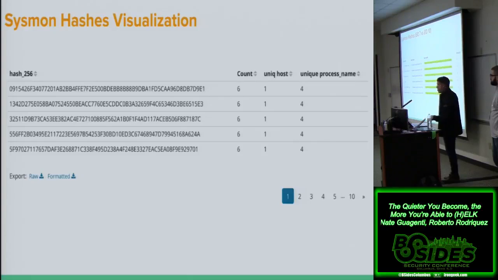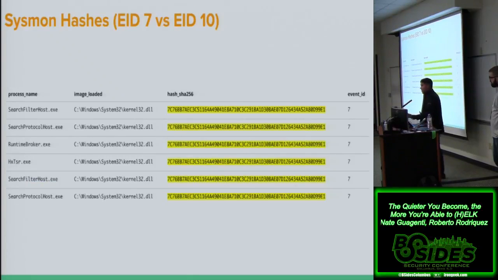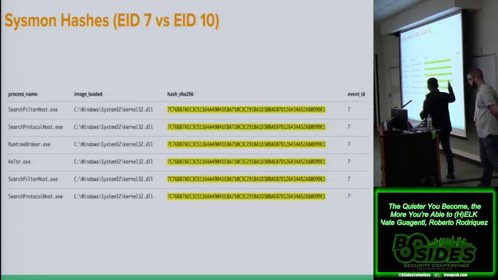And the thing was that when you start working with Windows Event 1 and 7 with Sysmon, the hash on Event ID 1 is in relation to the process, to the image that executed, the image that was created. And Event ID 7 is the image loaded, a process loading an image. So the hash applies in Event 7 to the image loaded, and in Event 1 to the process itself. That's what makes sense here.